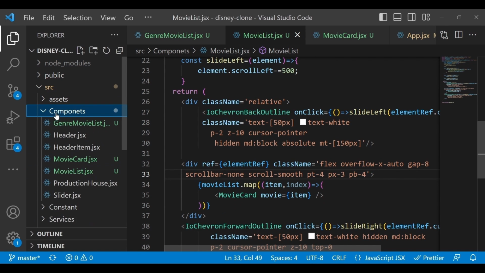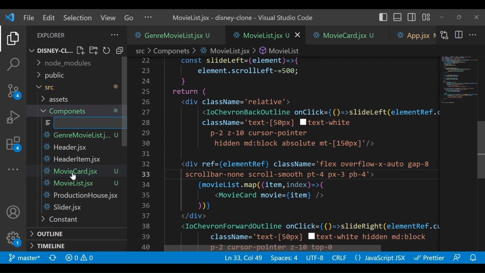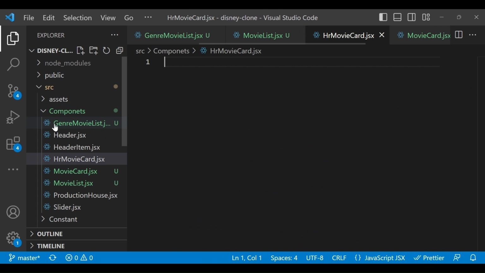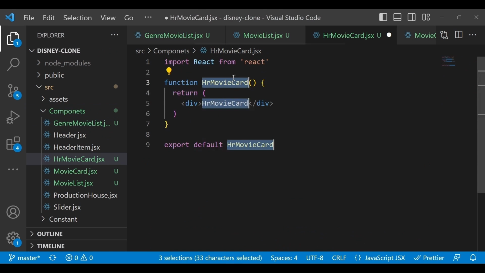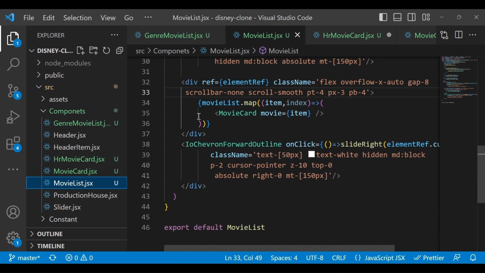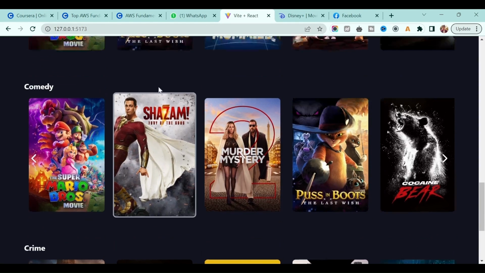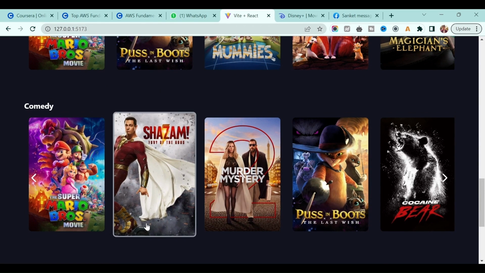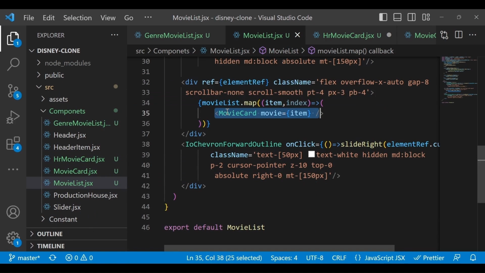In the components folder, create a new component called large movie card dot jsx, or you can say horizontal movie card, right? So I will write hr movie card dot jsx. Okay, add the default template. Now in the movie list, we are using this movie card to display each movie, right?